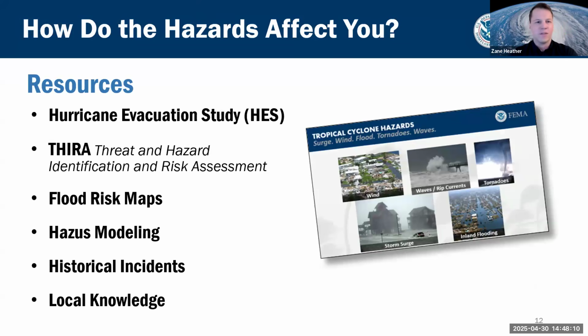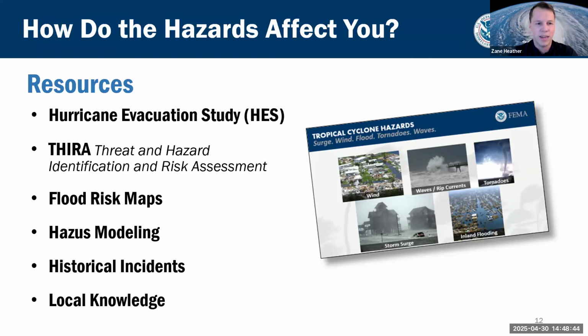So the big question, the first question within the study part of the process is, how do you understand the threats and hazards that affect your jurisdiction, your community, whatever planning area you have under your purview? There's a lot of different resources out there. We're going to deep dive into a few of them, but just for y'all's awareness, and this shouldn't be anything new for most of it, typically coastal jurisdictions impacted or threatened by hurricanes have active hurricane evacuation studies, or HESs, as I will refer to them from here on out to save my breath.